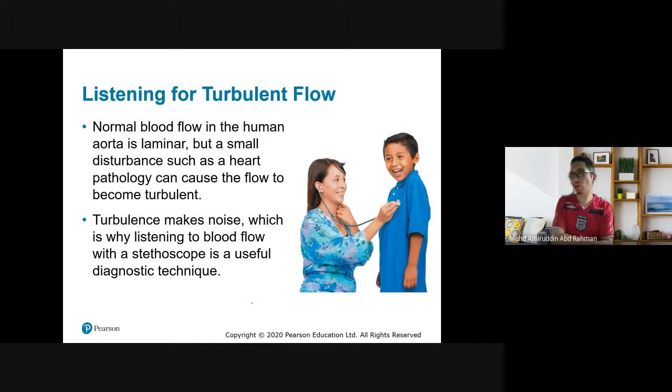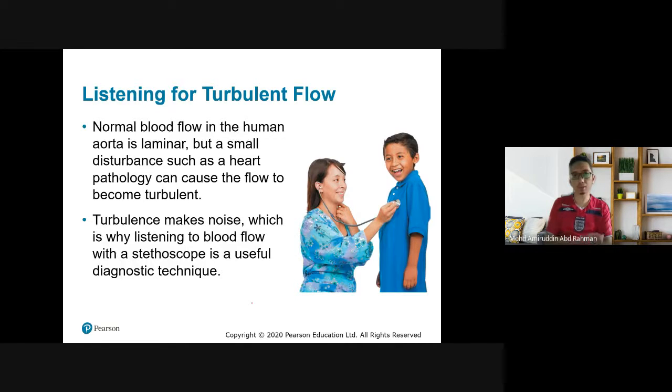The doctor can also listen to our turbulent flow. Our normal blood flow in the human aorta is laminar. So in our body, the blood flows very slowly. But a small disturbance, such as a heart pathology, can cause the flow to become turbulent. If our heart needs to pump more blood, let's say when we do exercise, when we go jogging, something like that,